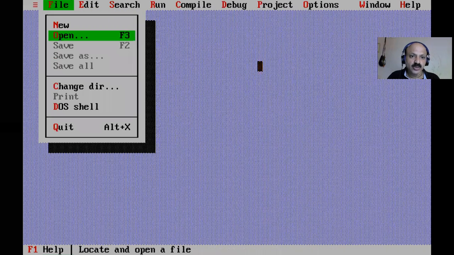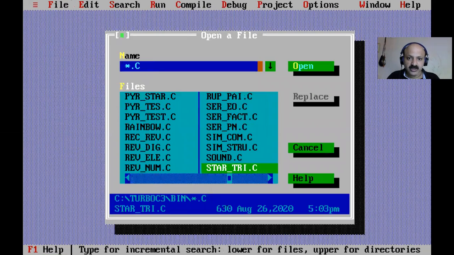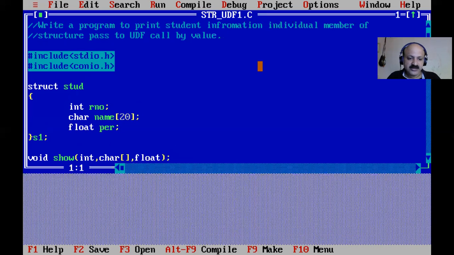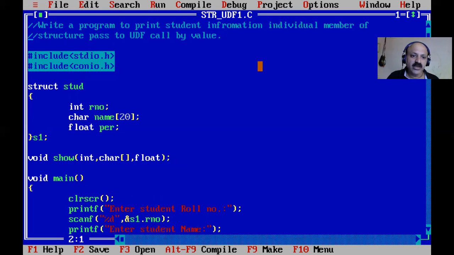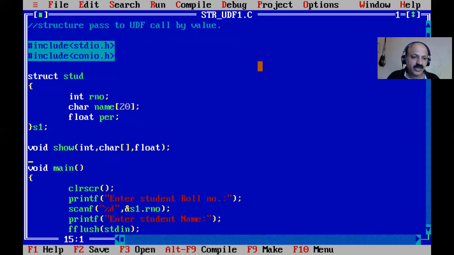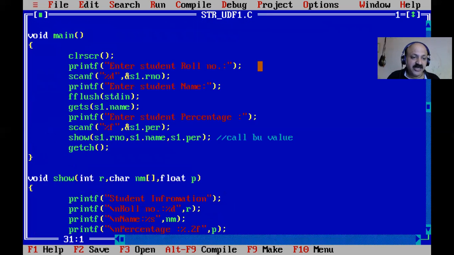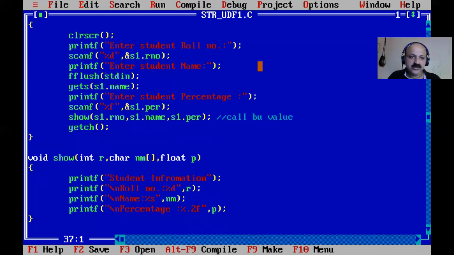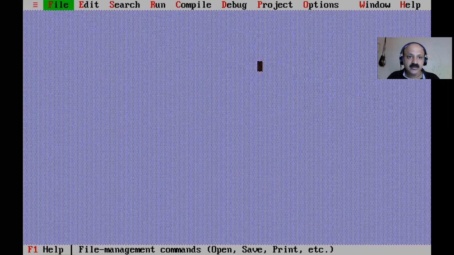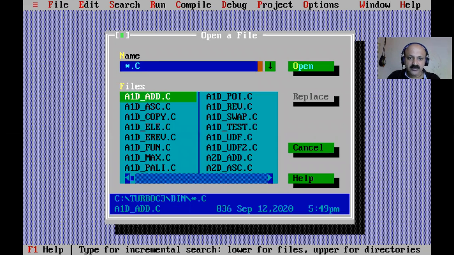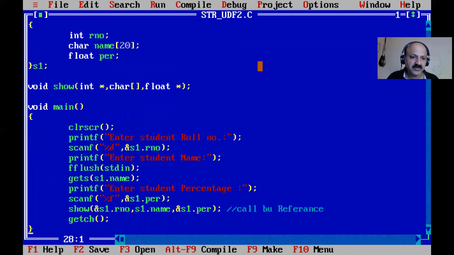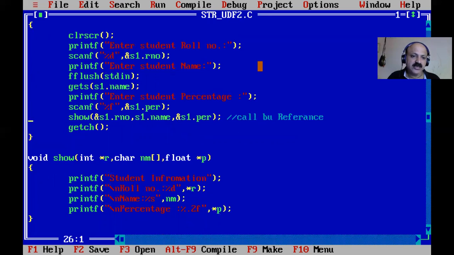Here I just show you. We can open structure and then UDF, one technique. Yes, our first part is the call by value technique. Only the UDF changes, no other change. First we directly print in main. Now we pass by the call by value technique and print here in the UDF. So that is two files maintained. And then second, our second file, which we prepare last, is the call by reference technique.